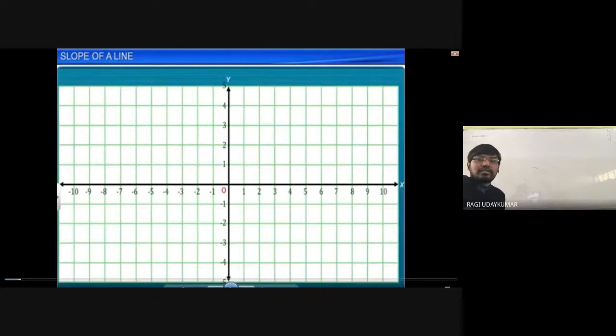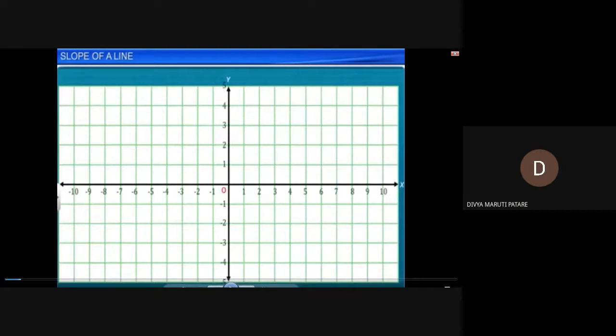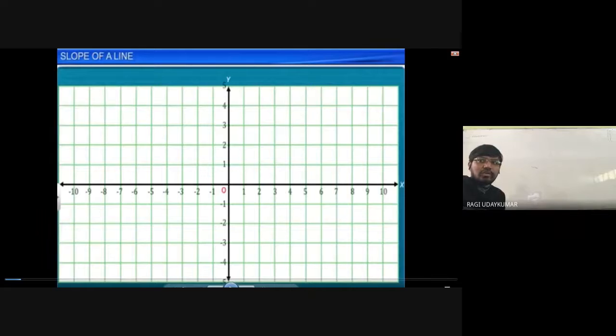Any one of you, please. Horizontal line को क्या बोलते हैं? Can you hear me? Is it audible or not? Hello. Yes, sir. Horizontal line is called what in the coordinate system? Horizontal line is called